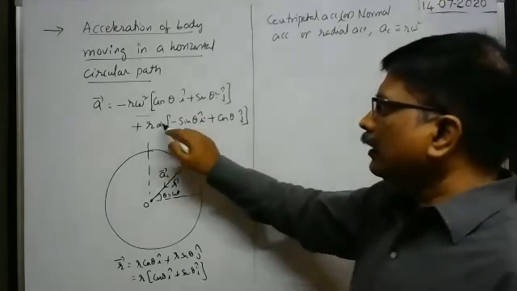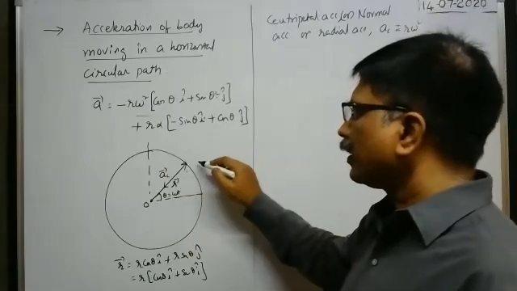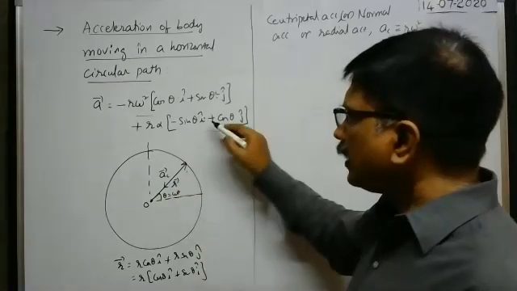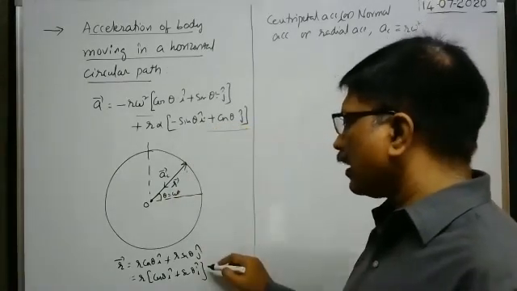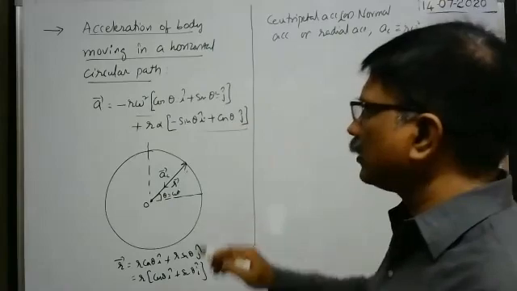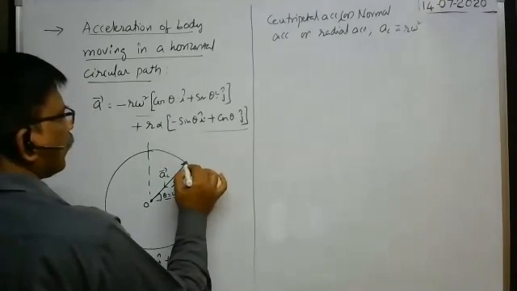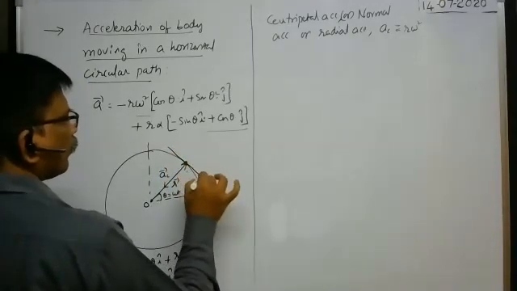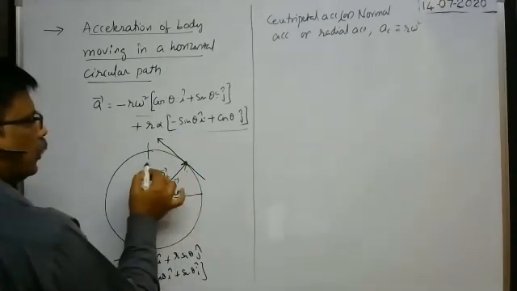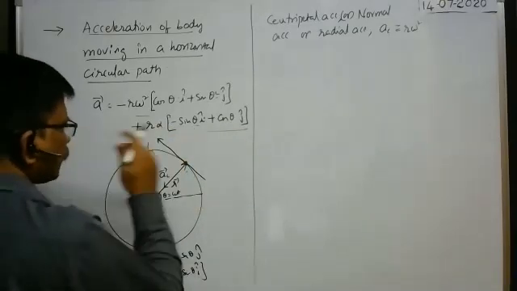Next, this is the other component of the acceleration of the body moving along the circular path in the horizontal plane. Here, this vector is perpendicular to this r bar, no? You see, the dot product between this vector component and the radius vector r bar will be 0. That means this vector is perpendicular to it. And moreover, x component negative, y component positive means definitely that the vector lies along the tangential direction. That's why this component of acceleration is along this direction.